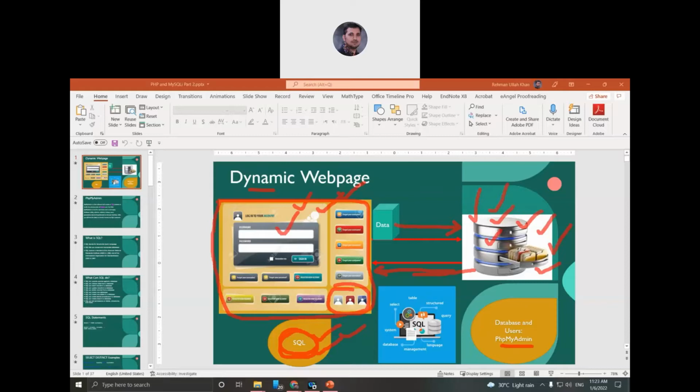Database management system is a complete package, and I hope you have studied it in a previous semester in a database subject. SQL is only a language to apply while creating a table or a database. So if you want to create a database, you will use the SQL language to create it. If you want to create a table, you will use the SQL language to create it. I will show you all these details, how to use it.